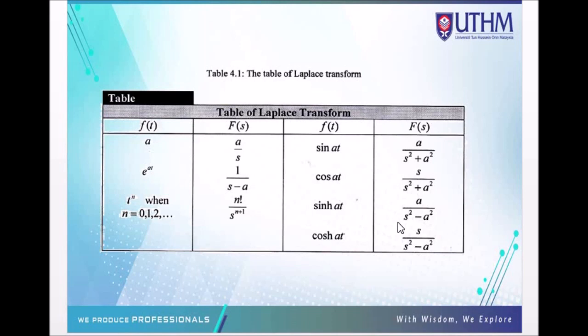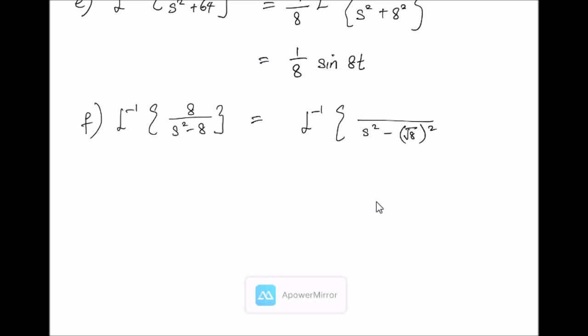Since the question just now is s squared minus 8, the minus is more suitable for sinh at. For the sinh at, we still need the square root of 8, but this is not the original value, so I need to cancel it out by dividing by the square root. Okay, we cannot divide because we still have the value of 8, so we multiply with the square root of